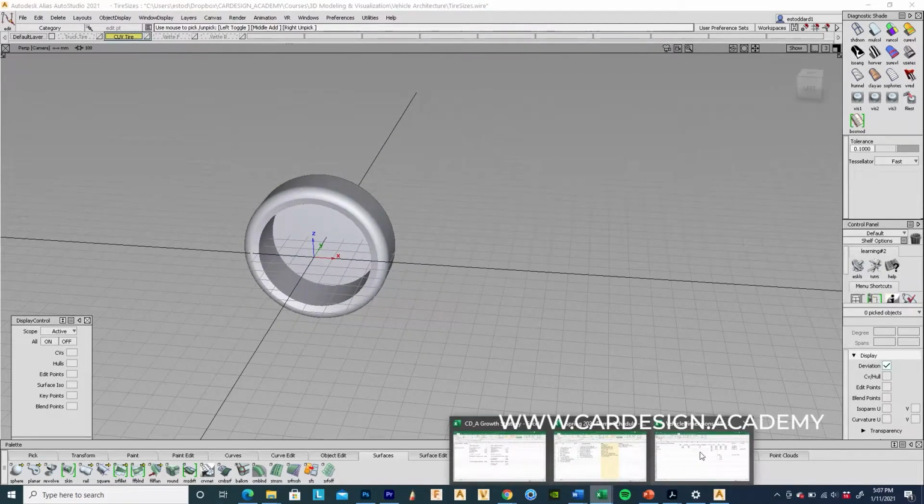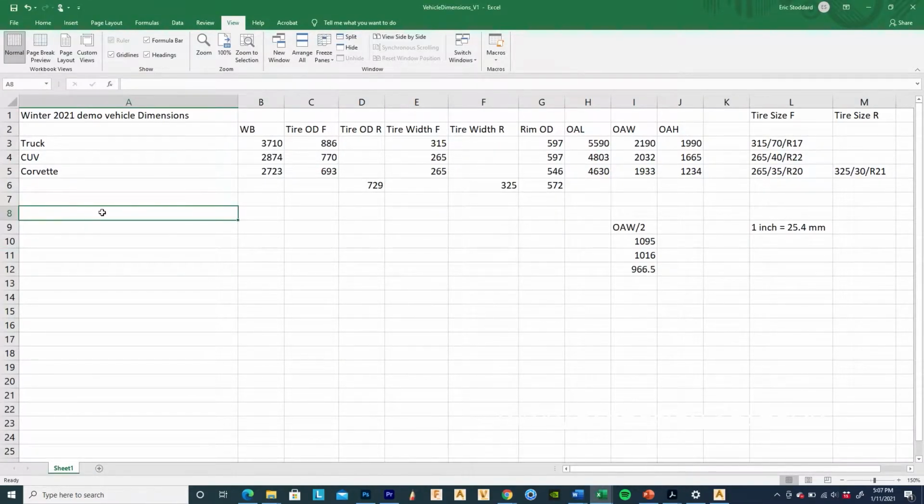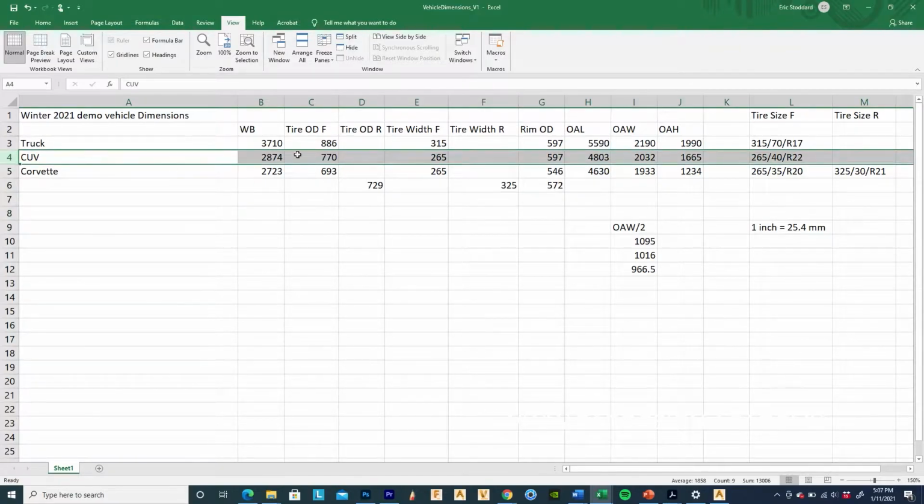I used the published dimensions from the Range Rover Velar, so that's line 4 here. So I have the wheelbase, I have the tire diameter, tire width, the published tire size, the rim size, all of that already baked into the tire model that I built. As you remember, I used a website to calculate the tire diameter using the published tire spec, which is a